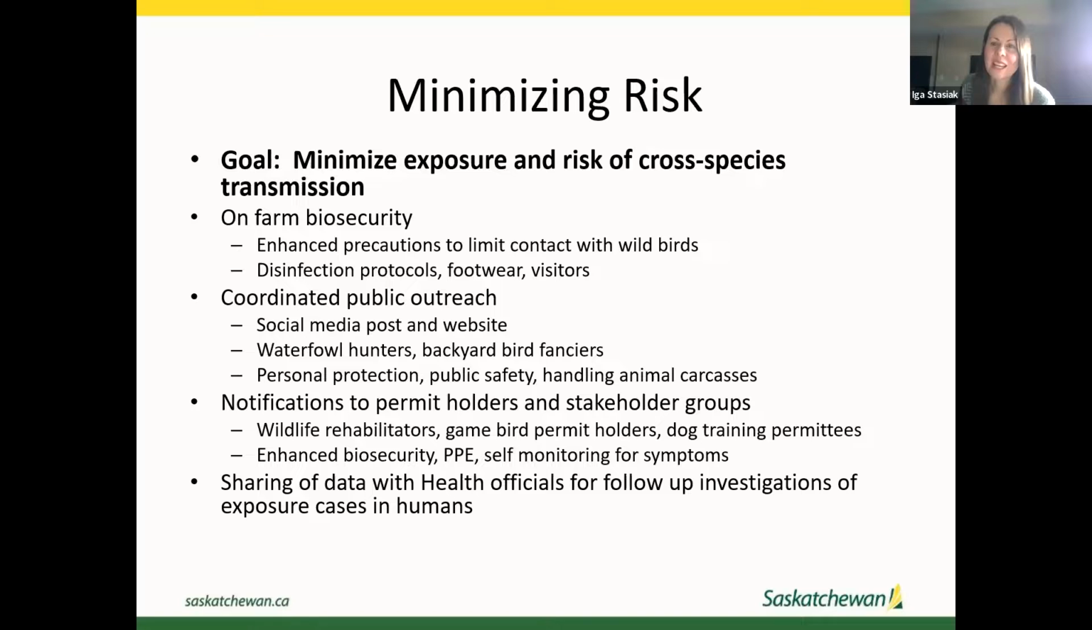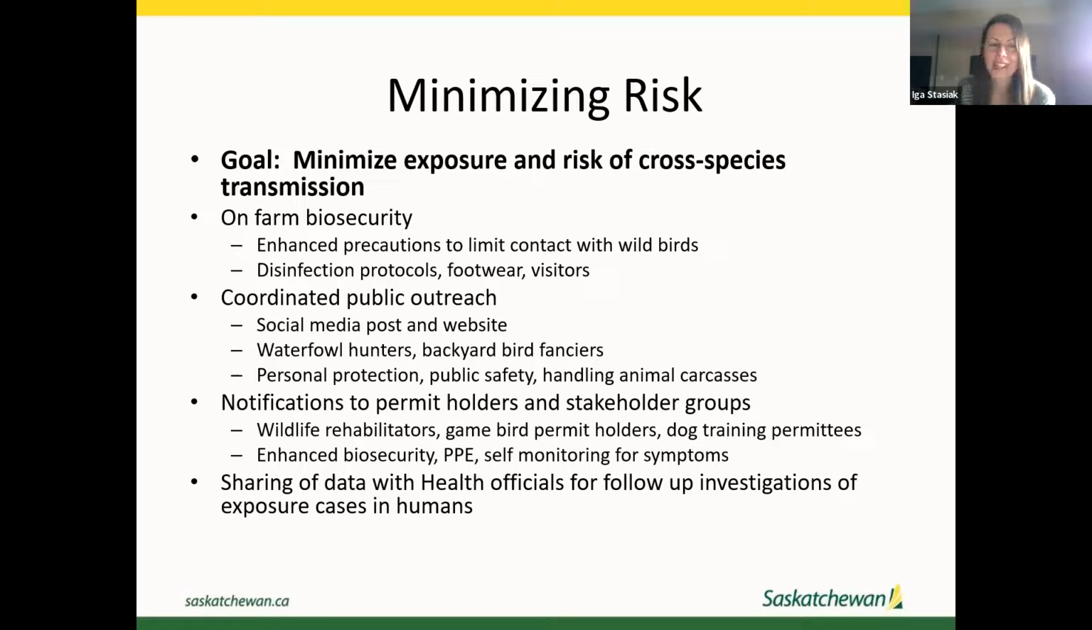So in this context of avian influenza, our goal here in harm reduction is to minimize exposure and risk of cross-species transmission. So how do we do that? Well, we can work with farmers to enhance their biosecurity on farm, enhancing precautions to limit access of wild birds to their farms, working on things like disinfection protocols, limiting the amount of people that access the farm, public outreach through social media, through regular media, to try to raise awareness for hunters, for the backyard bird hobbyists,